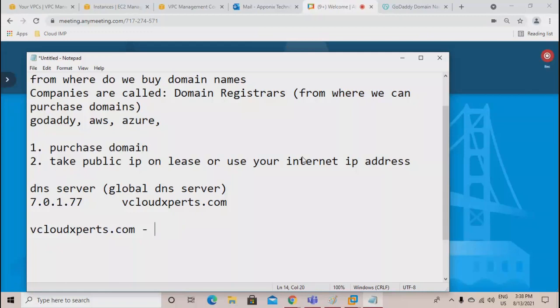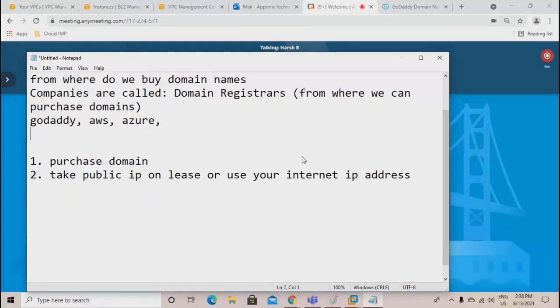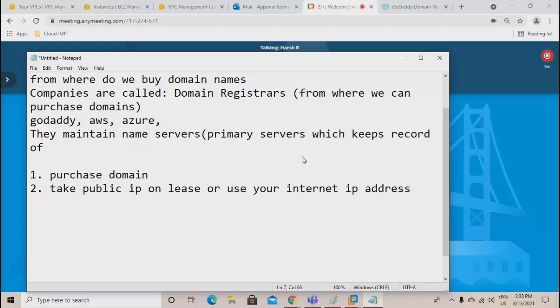So what will happen is, when you buy a domain from a domain registrar like GoDaddy, Amazon, or Azure, they maintain name servers, primary servers, which keeps record of domain names and hosting servers.